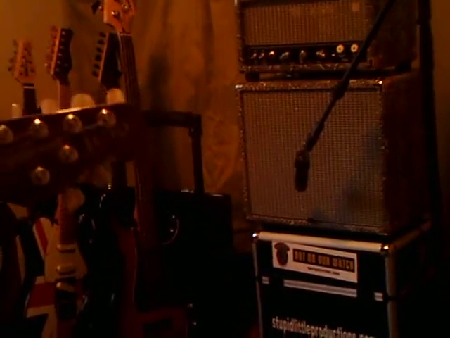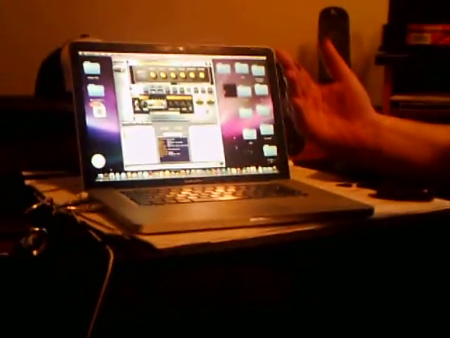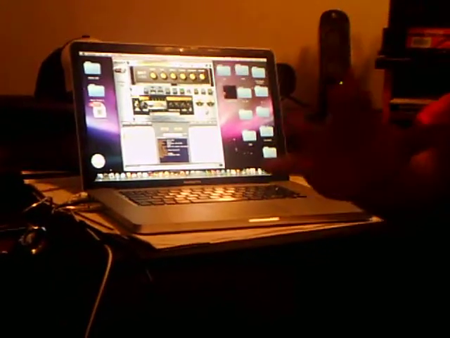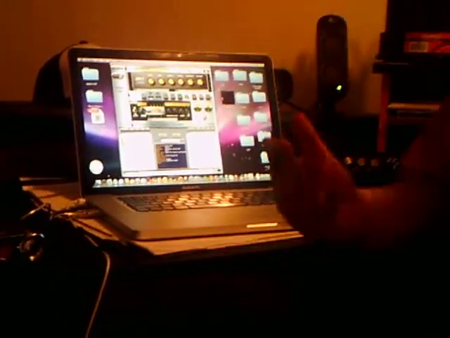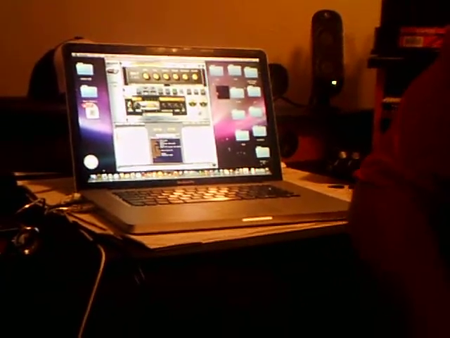You also have interfaces such as your Mbox that the producing students get. There are tons of interfaces out there. There are also tons of programs out there, I think. So I'm just using Line 6 as an example. But it allows me to have all of my amplifiers mic'd up with all of the effects that are on the board, except I'm going through the computer. Now this won't sound like I'm going through a 4x12 cabinet to our ears, because I'm going through a 5.1 surround sound computer system, but